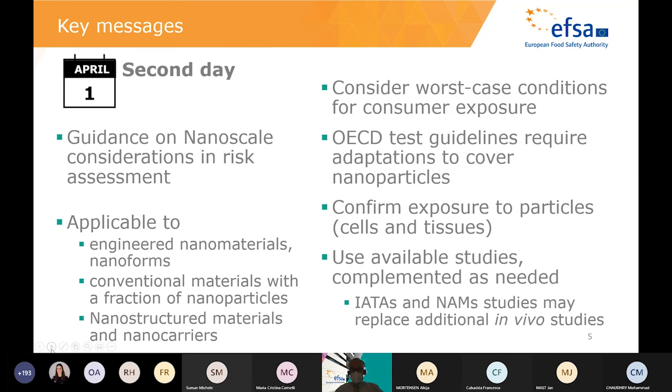Linked to that, we need to consider the worst case conditions. That is absolutely essential. One of the difficulties that we have in the area of food safety is that there are a lot of uses, and also very broad technical specifications for the materials. So we may have materials with very different composition in terms of the size of the particles covered by the same specification. And we need to be sure in the safety assessment that we are covering materials that are relevant,